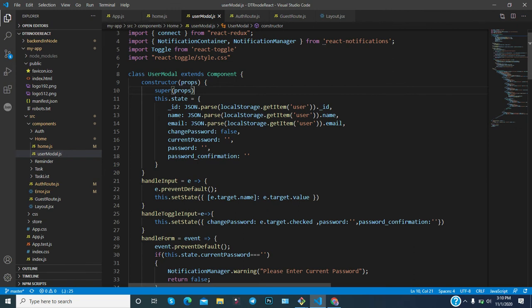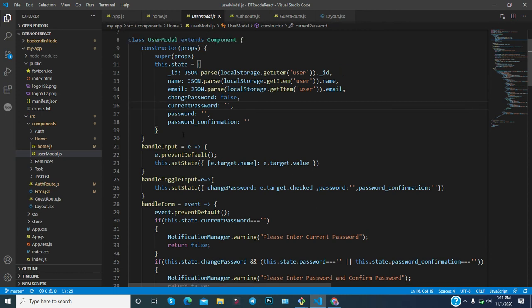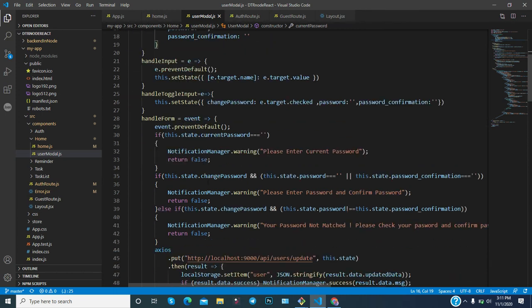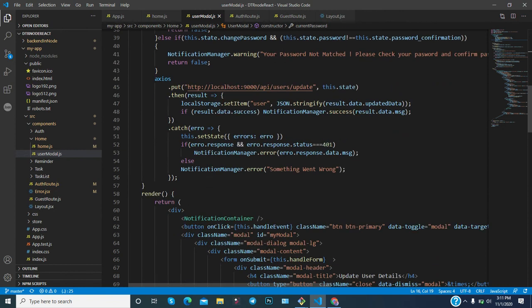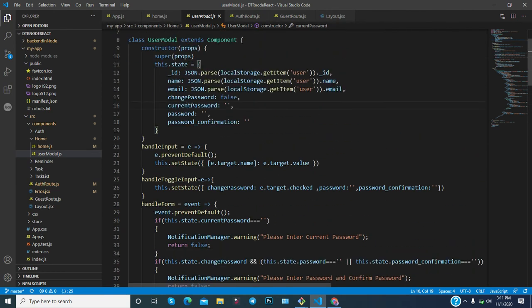You can notice that in the state there are ID, name, email, password, current password, password confirmation. So these are the state, and based on the condition we will set these state values. In React, make sure that whenever a state value changes, re-rendering will happen, render will be called, and after comparison with the virtual or real DOM, the right element will get updated. Okay, this is the basic fundamental thing.